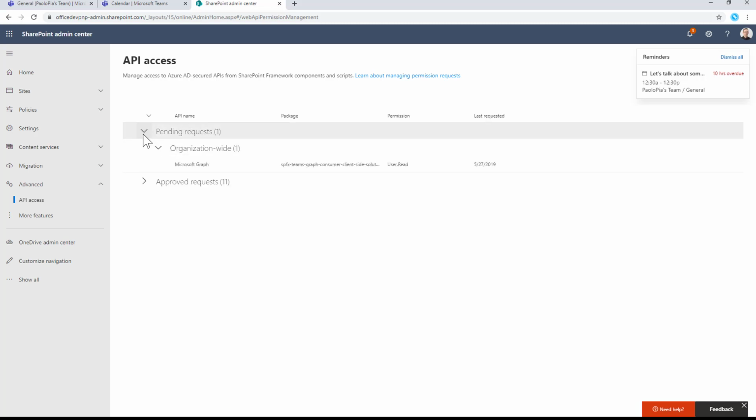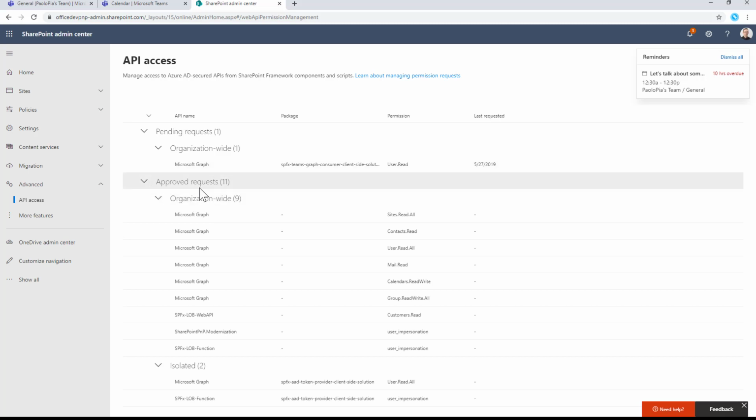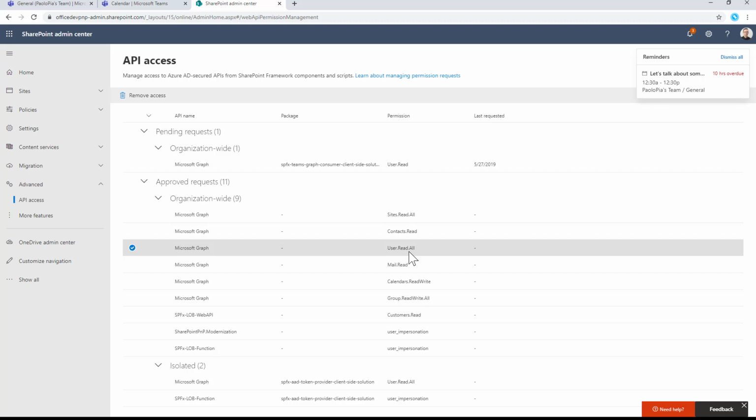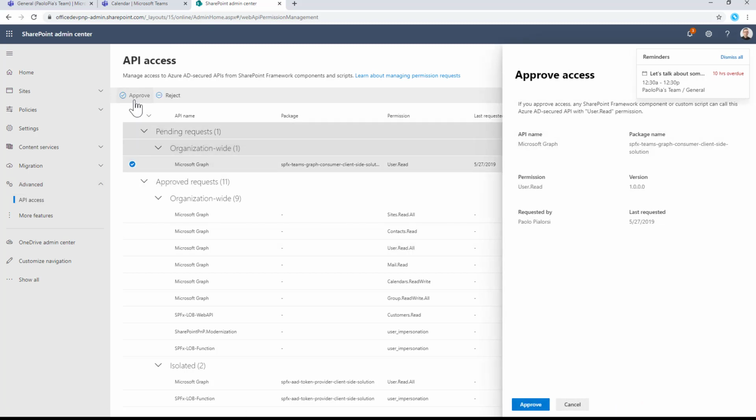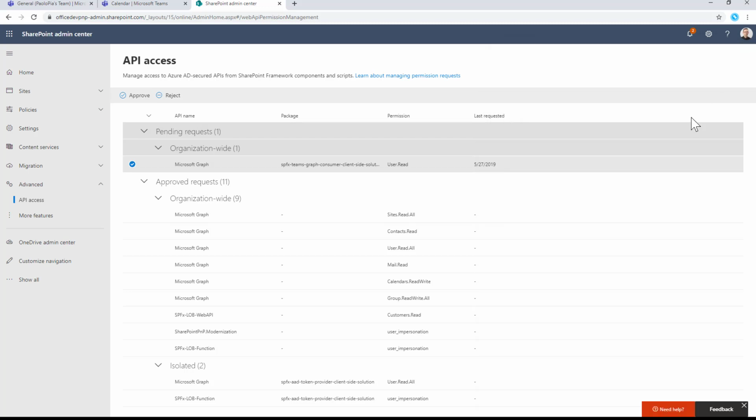In the pending requests, you can see, for example, that I have a pending request for Microsoft Graph User.Read, but I also have, as already approved requests, Group.ReadWrite.All and User.Read.All, which are enough for me to run this client-side web part. So if you are deploying your solution, you will have to deploy the solution in the app catalog, and then come to the Advanced API Access page, select the pending request, and approve it if you want to make it effective in your tenant.